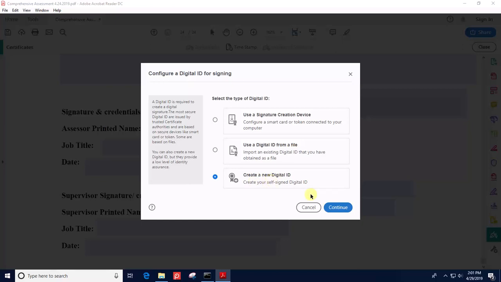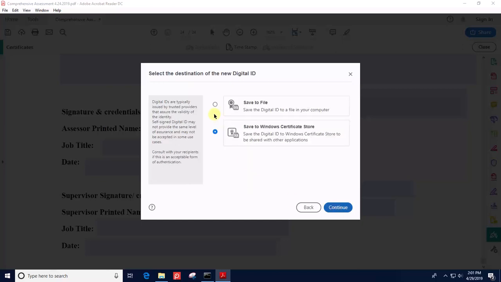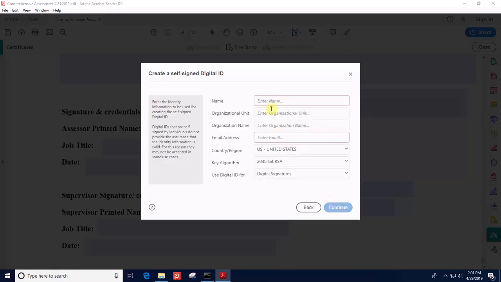Create a new digital ID, continue. We want to save to file, never save to Windows Certificate Store. Hit continue. So this is going to be as if it were a client. You don't need to put organizational unit or name. That's absolutely fine. So what if your client doesn't have an email address? That's absolutely fine. You can put in no email